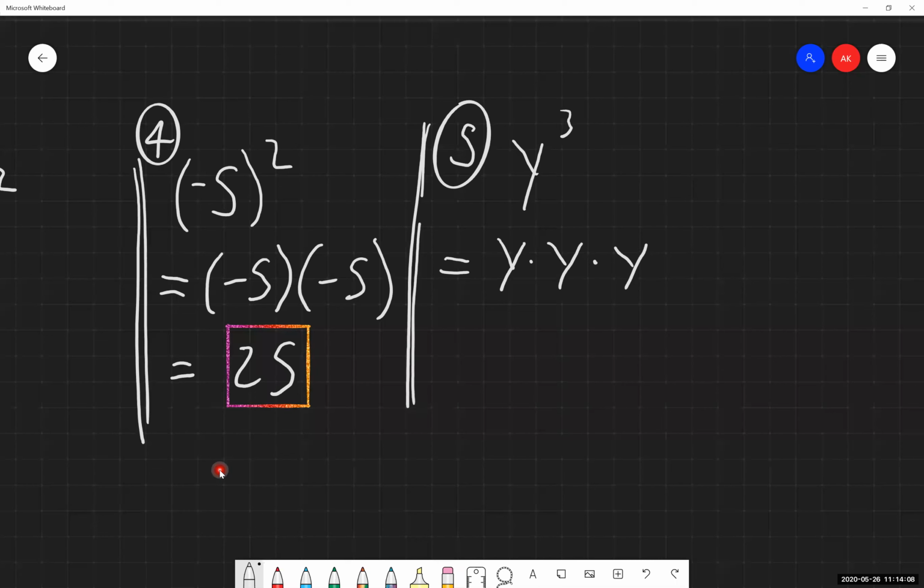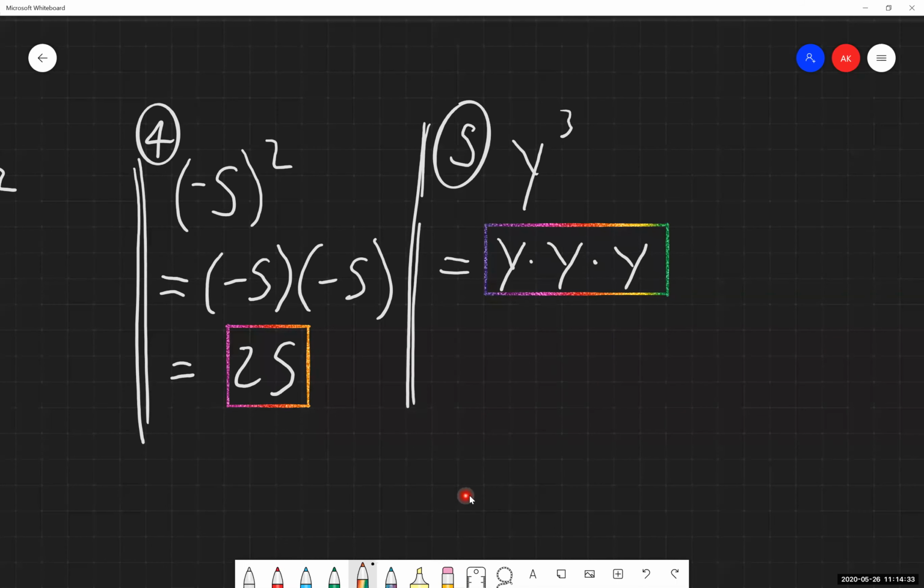And I believe there might be 1 or 2 problems that are going to have you do something like this on the homework: expand or simplify or write something in expanded form. Because that is what they're asking for, this is a perfectly reasonable answer to have. Y times y times y. We're just expanding that base based on what the exponent's value is. And there's not much else to it in that regard.